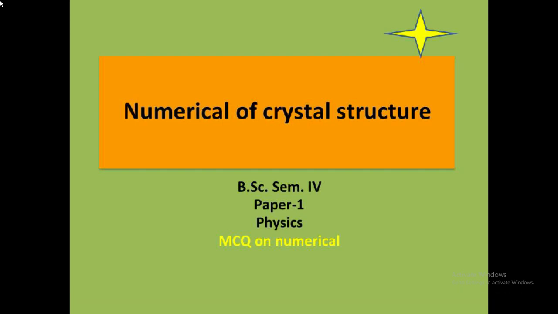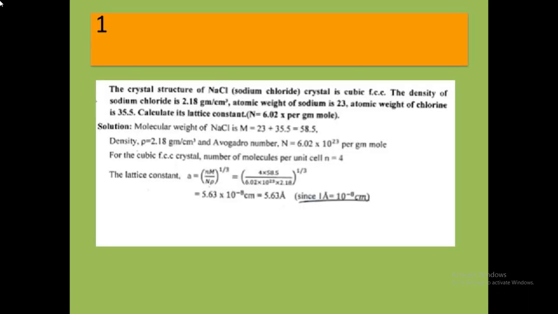That is the crystal structure of NaCl, sodium chloride crystal, which is cubic FCC, face-centered cubic. The density of sodium chloride is 2.18 gram per centimeter cube, the atomic weight of sodium is 23, and the atomic weight of chlorine is 35.5. Calculate its lattice constant. Also they gave N is equal to 6.02 into 10 to the power 23